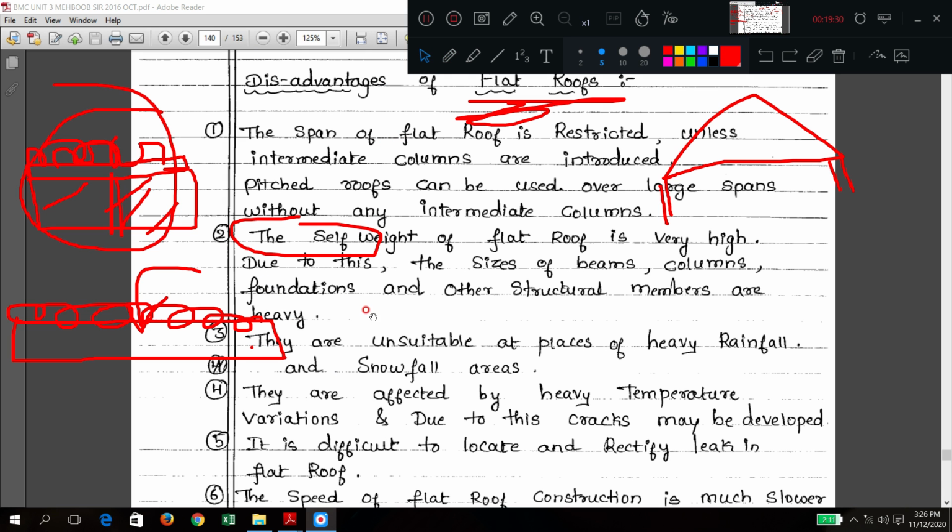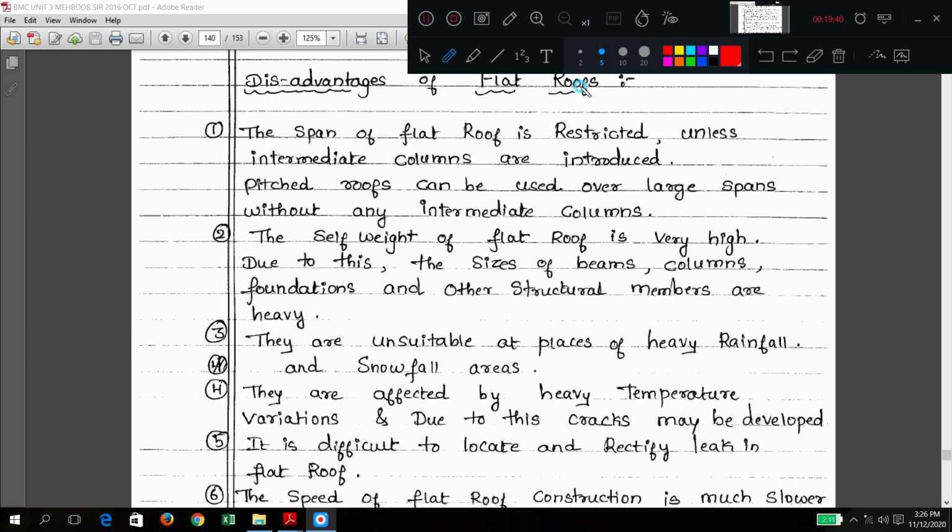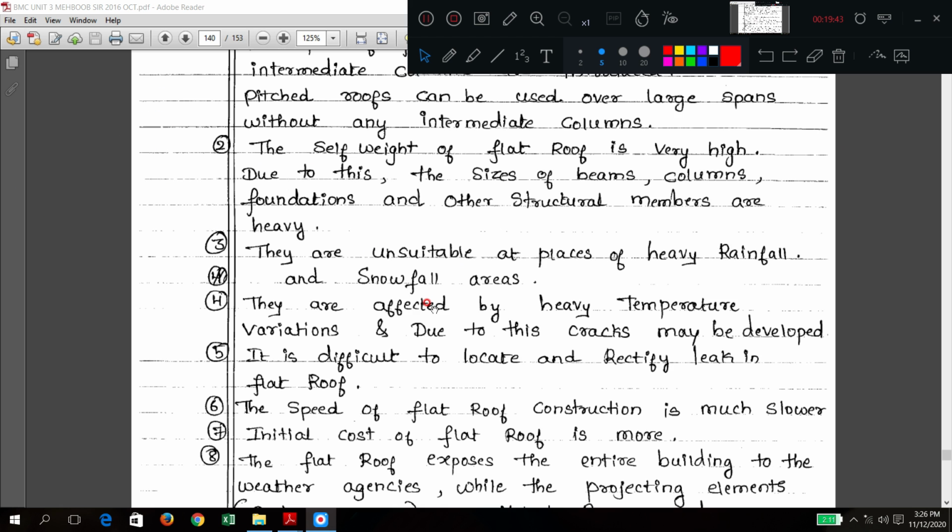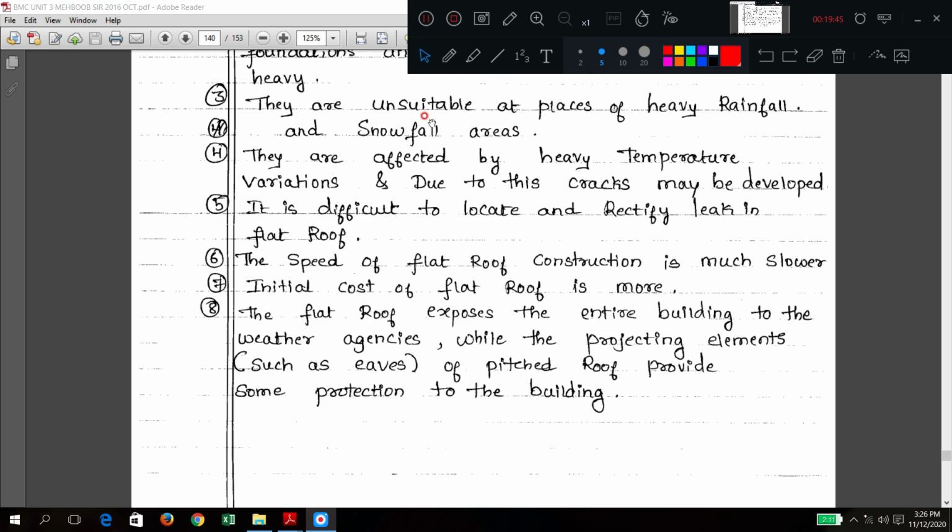Another disadvantage I can tell you is that the construction speed is less. Construction is very slow. We should do that one carefully, because it requires curing. But this type of truss or sloping roof does not require any curing and all. Okay, so these were some of the